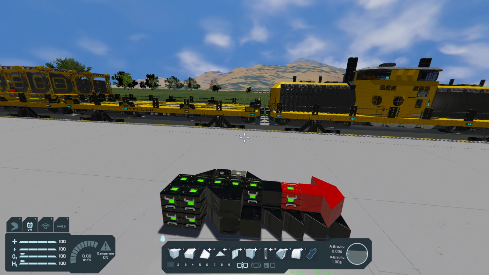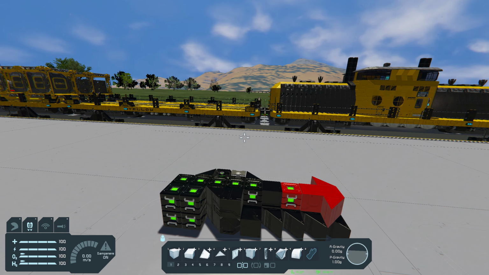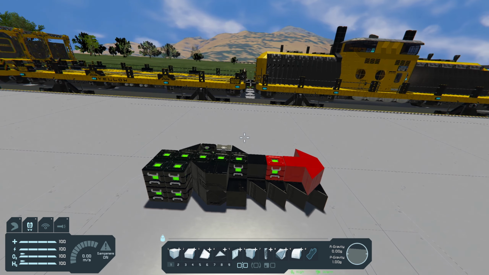So if you have a train which has a locomotive and 9 wagons, then you will have 10 scripts in the 10 programmable blocks,